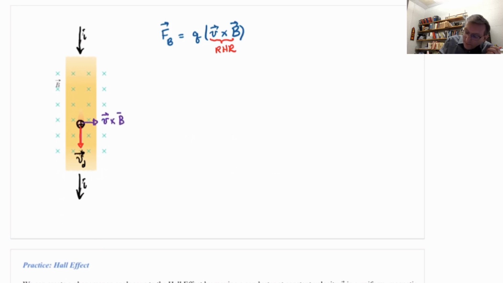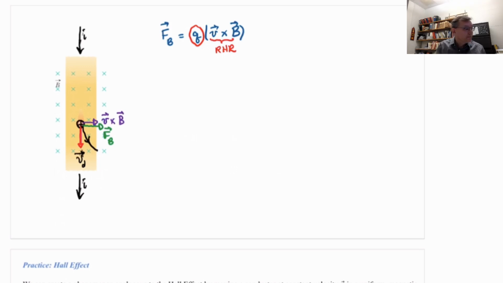But then I have to account for the Q, that scalar out front. But this is positive charge, so that means the F magnetic is the same direction as the V cross B. So the F magnetic is to the right, which means that my charge carriers, which are positively charged, will get